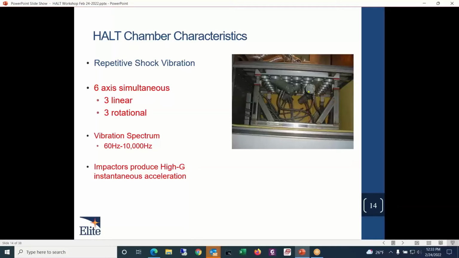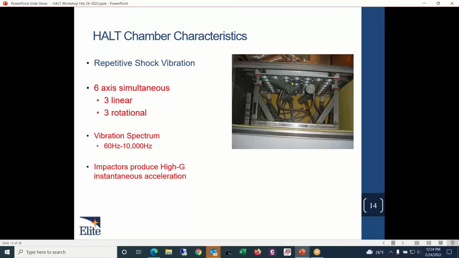Again, the nature of this testing is called repetitive shock vibration. So you can see underneath our table here, this table is suspended on four corners by springs, and the HALT table itself is manufactured as, I like to call it, an aluminum piece of Swiss cheese. You can see that a lot of the mass of this table is taken out, because the idea